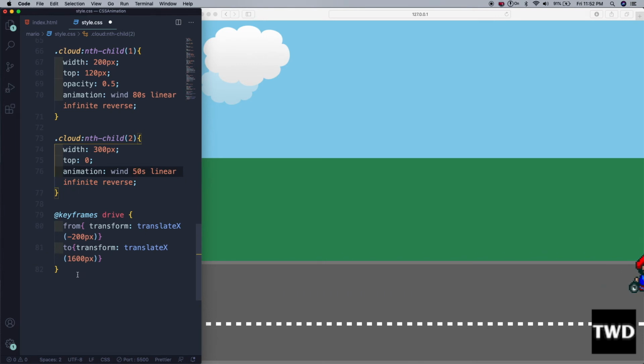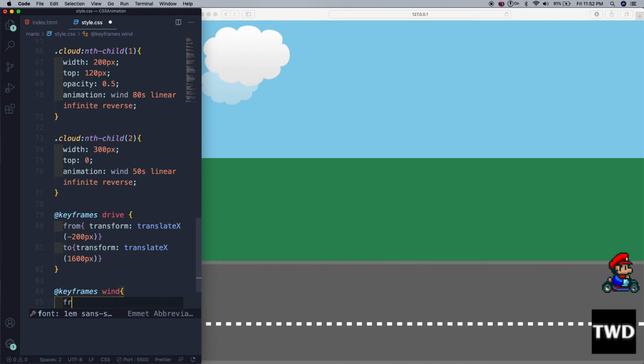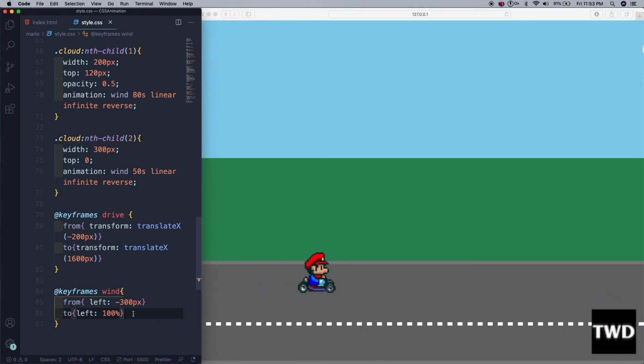And then after that add keyframes wind from left minus 300 pixel to left 100%. Save it and see they are slowly coming. And one is for 80 seconds, one is for 50 seconds, so they are slowly moving clouds.